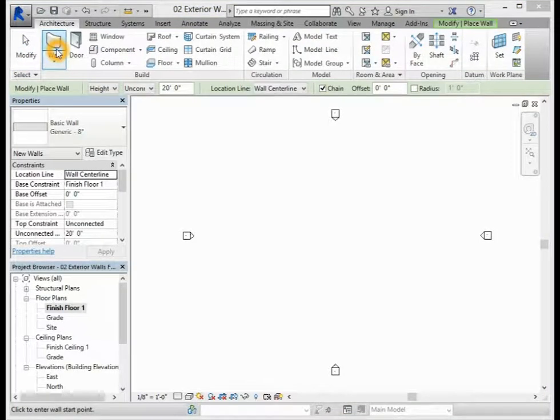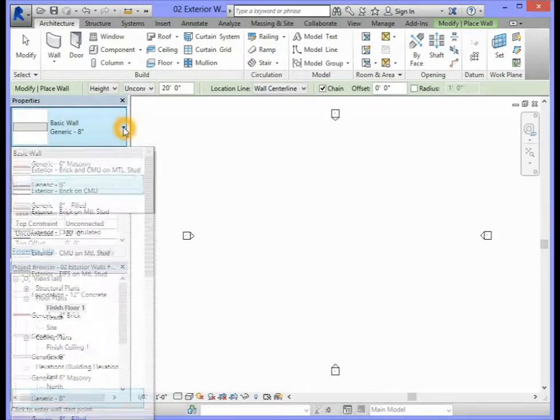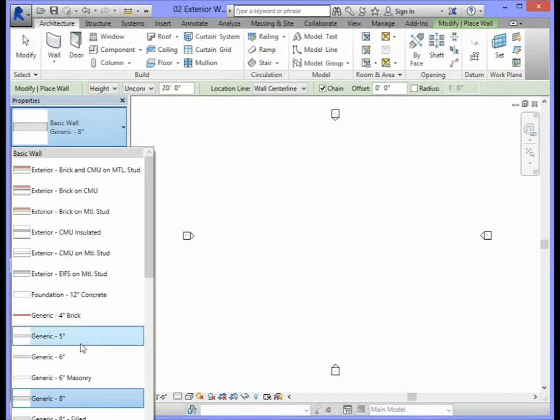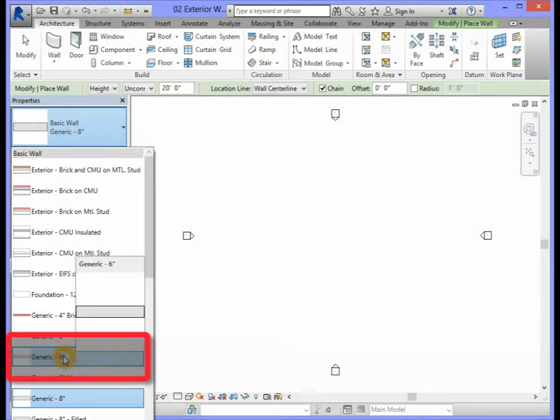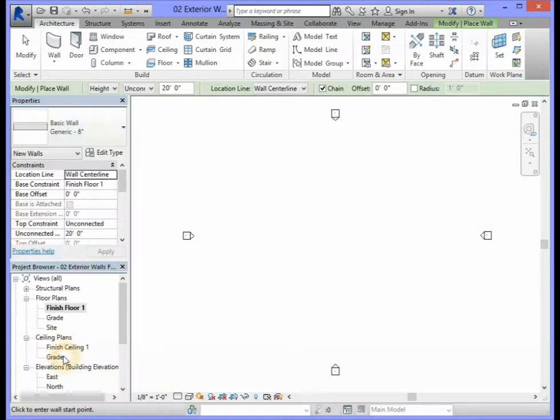After selecting the Wall tool, in your properties you should see a basic wall selected. What you will need to do is select one of these basic wall options. So in this case you can select the generic 6-inch wall, and